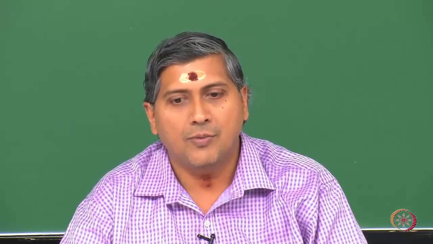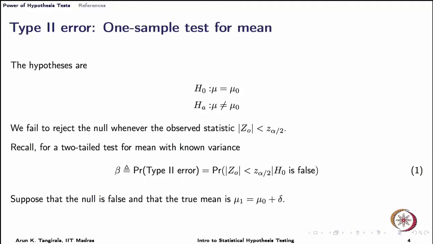You have drawn the samples from a distribution with mean different from the postulated value, and call that value mu 1, that is, mu 1 is the truth, mu naught is the postulated value. Let mu 1 be different from mu naught by delta. Delta could be less than 0 or greater than 0, that is not an issue here. So, the data comes from mu 1, the postulated value is mu naught.